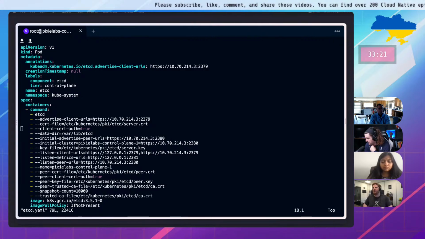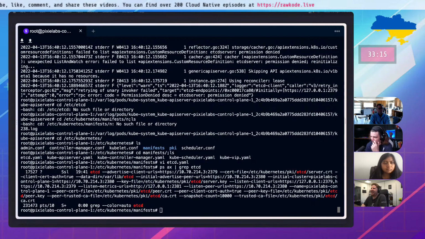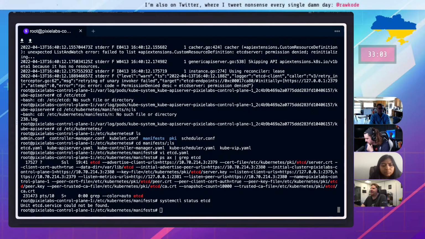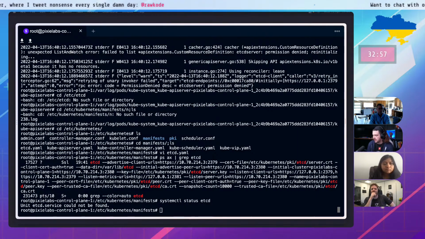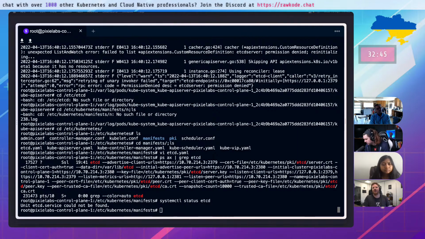Oh gosh. Did you check to see if etcd was running first? Good point. It does appear to be. It's running as a static pod manifest, so it wouldn't be in systemctl, I don't think. Okay. Well, this seems to be running anyway. So if you had the etcdctl, I don't know if there's a nicer way to say that command, you could run health and status commands, but I think you'll need to install it.